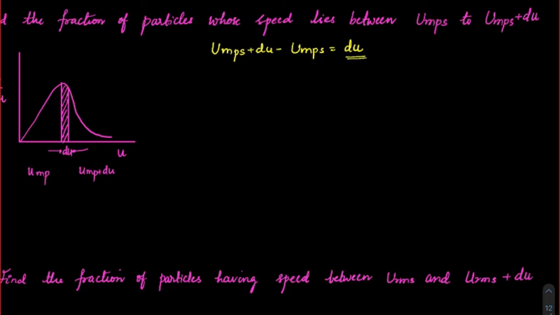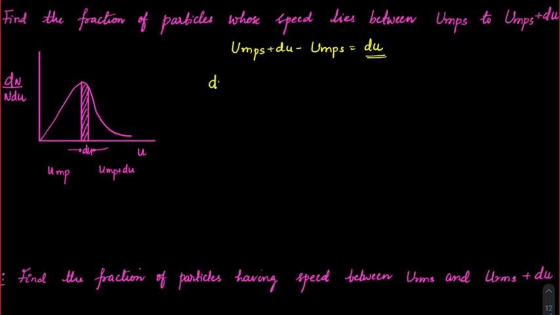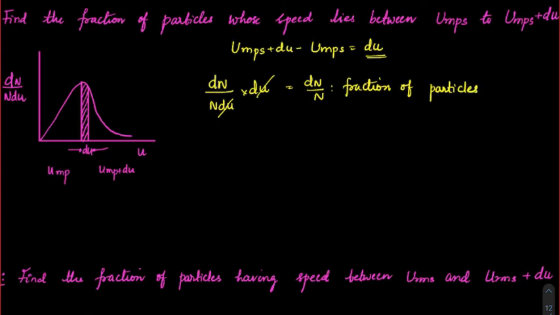If you recall, if I multiply this y, which is dn by n into du, this du will get cancelled. I'll get dn by n, which is the fraction of particles, and that is what we need to calculate. We know the formula already, that dn by n